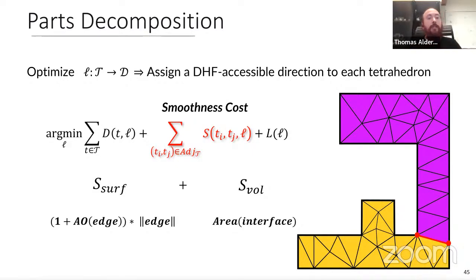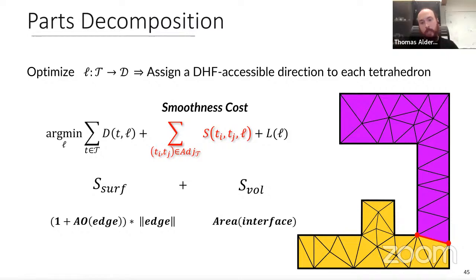The first weights the length of the edges of the boundary on the external surface of the object, weighted by a measure of how visible those boundaries are, which is a function of the ambient occlusion defined on the external object surface. And the second subterm, instead, weights the area of the internal interface between 2 adjacent